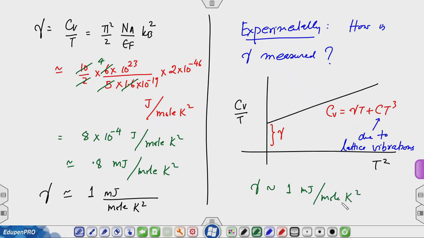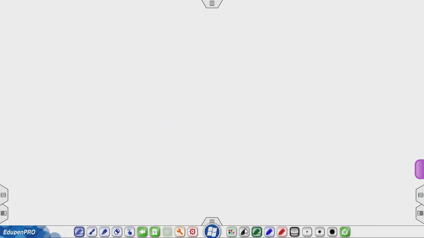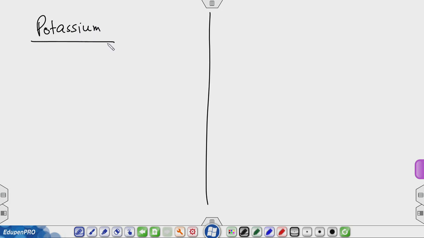Let us see the experimental number for potassium, and that will also help us define something called the thermal mass. For potassium, epsilon F is 2.12 eV, and that is the only number for estimating Cv per mole that is